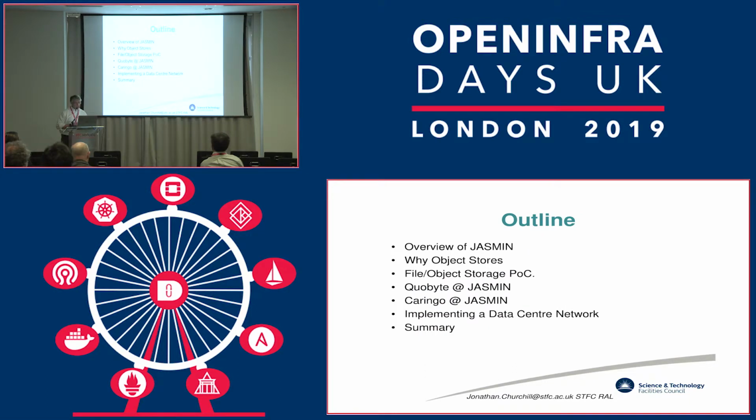As I mentioned, I'm going to talk a little bit about why we think object stores are important for us, and why high-performance object stores. Object stores in the past have been thought of to some extent as tier 3 kind of storage, almost close to tape. But we're going to try and use it for high performance as our tier 1 storage, and I'll talk about why we're going to do that. I'll talk about the POC, and the two technologies that we ended up deploying, which are QuoByte and Caringo,